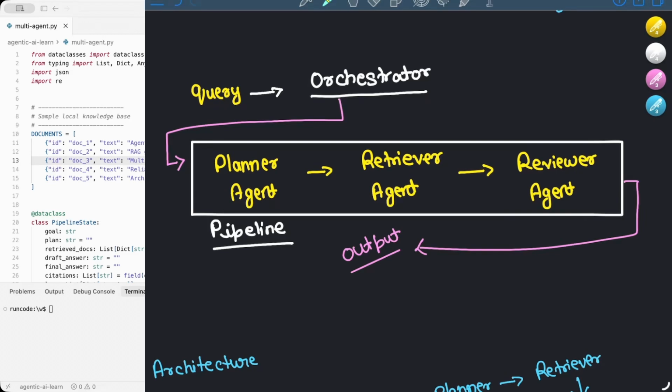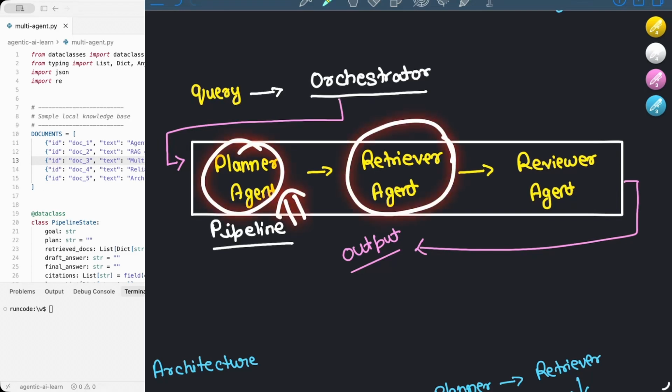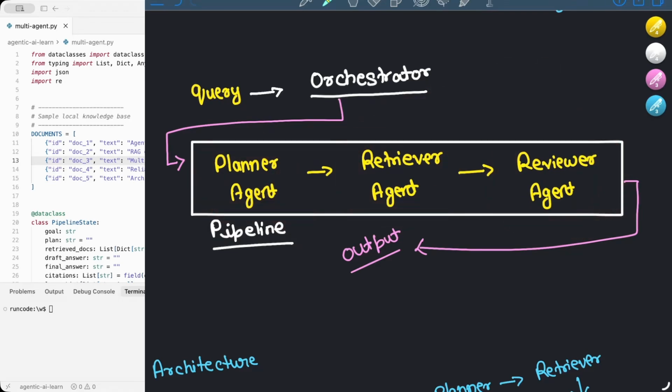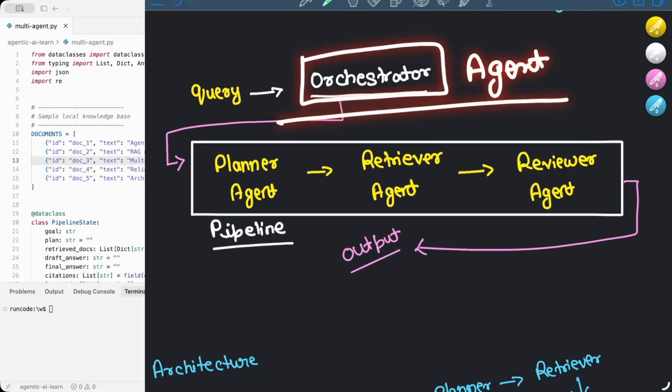For now, let us just keep it simple, where the planner agent, after getting its response, is going to call the retriever agent, which is then going to call the reviewer agent. Or if we have a writer agent, then the retriever would call the writer, then the writer would call the reviewer agent. So we need an orchestrator system or an orchestrator agent itself, which orchestrates the communication between all your